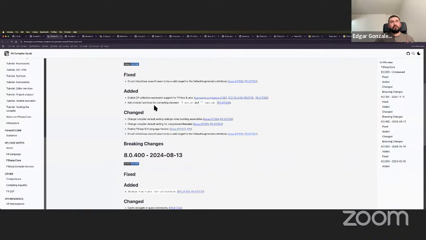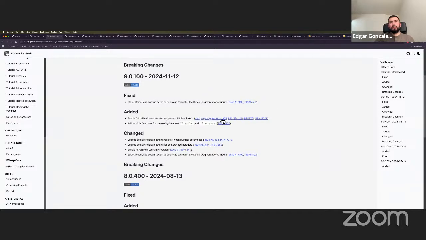Right. So I think that is pretty much it. There's some changes done in real signature that Peter commented, so that's already done. So yeah, F Sharp Core doesn't change much, to be honest, because it's really like a standard library, and we don't really want to add much stuff there. So it really needs to be a justified and really clear purpose why it needs to be added, because also